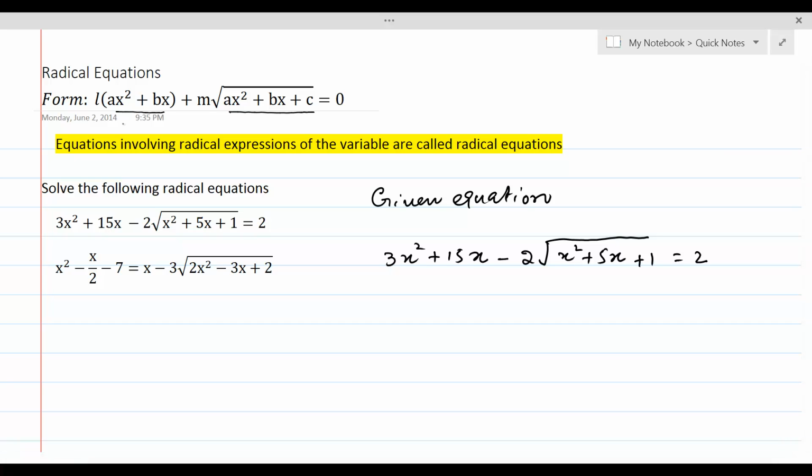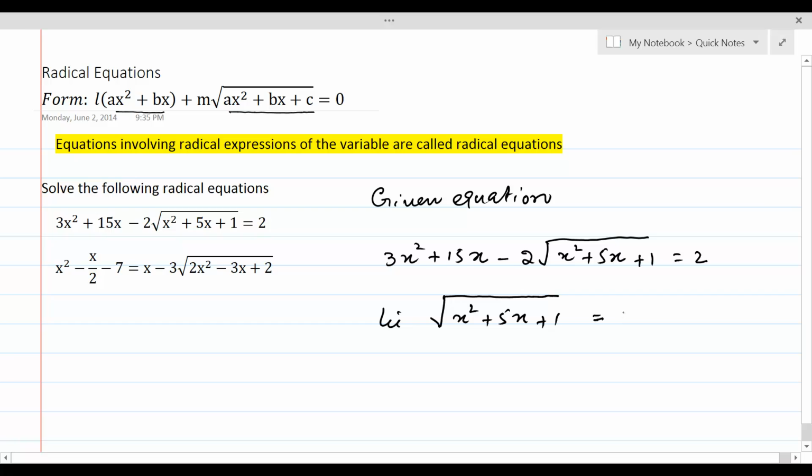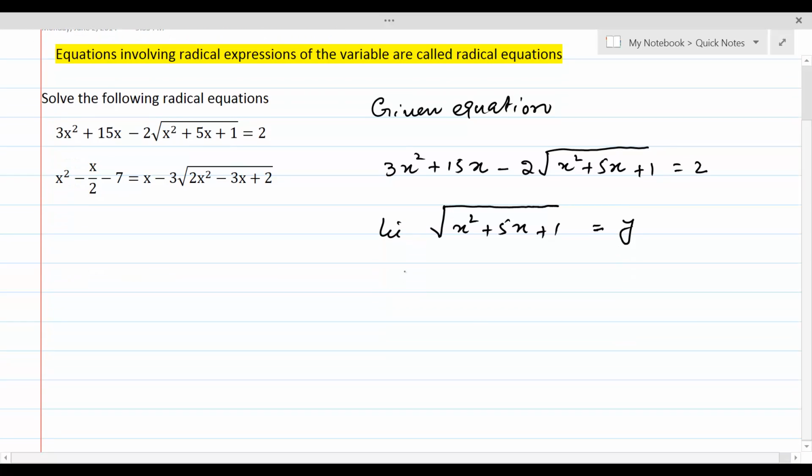Let's take a look. Here, let this part of the equation, x squared plus 5x plus 1, and that's how we are going to do it always with this form of the radical equation. We are going to assume this part of the radical equation equal to y. And now, using this, we will create y squared for the variable terms in the equation, where these are 3x squared plus 15x. So if we take square on both sides,